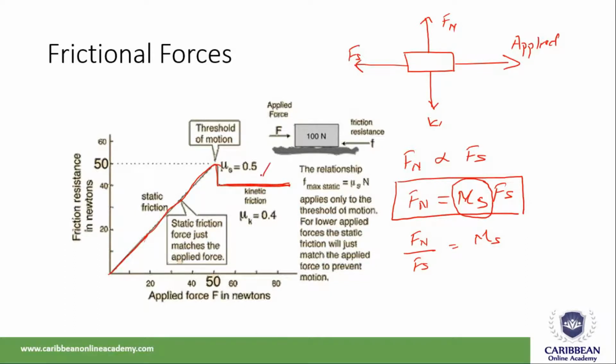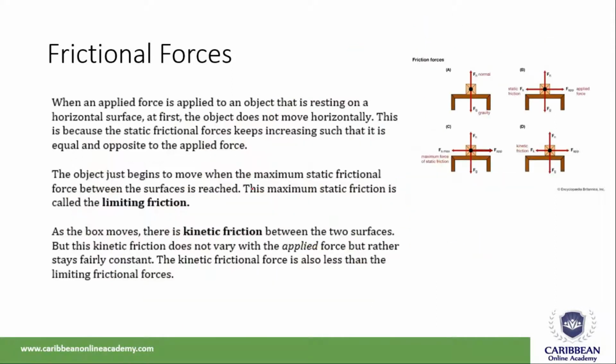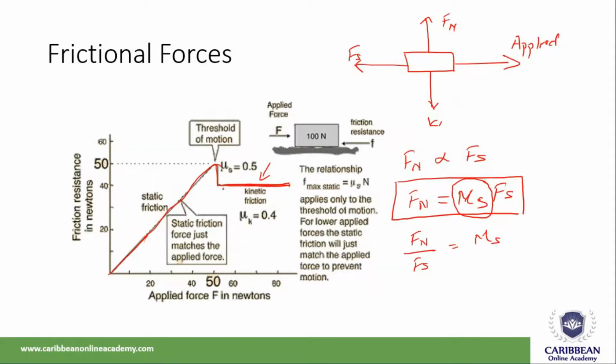This part of the graph will explain the kinetic friction. If you go back here on this slide, it tells us that the kinetic friction does not vary with applied force, and it says that it remains fairly constant, so to speak, right? So that's how the two frictional forces operate. Good. Now, as regards to these two forces, right,